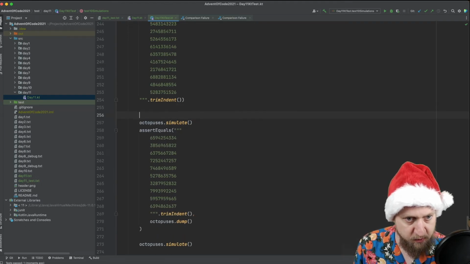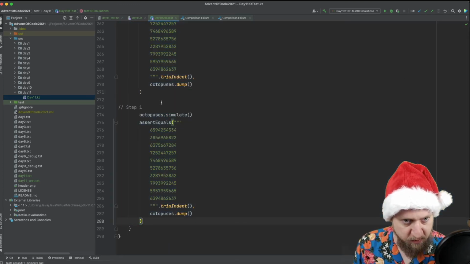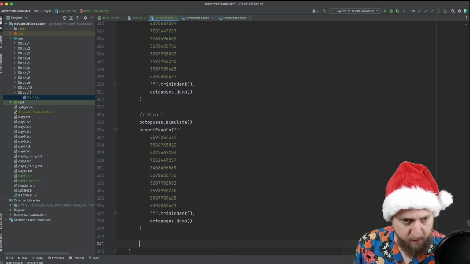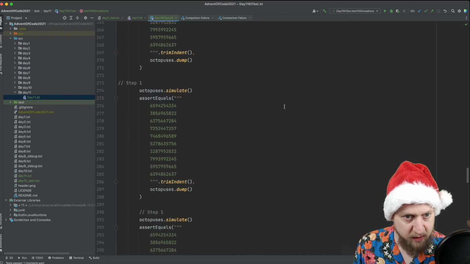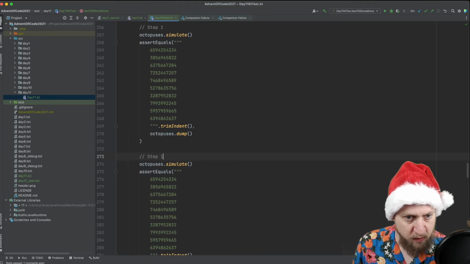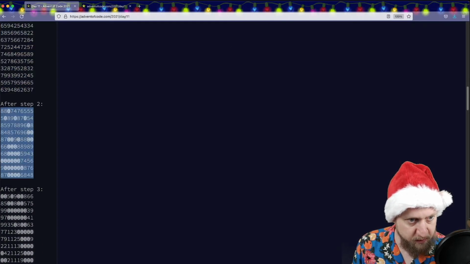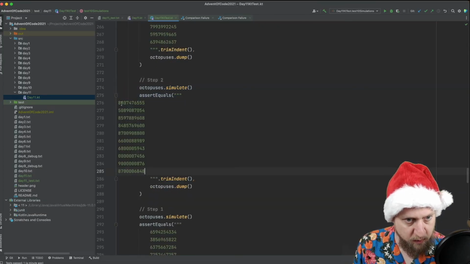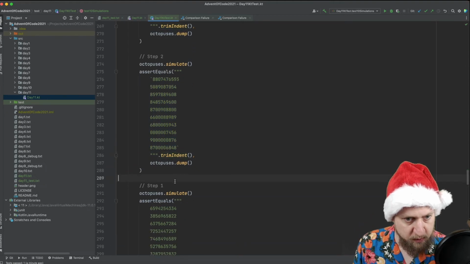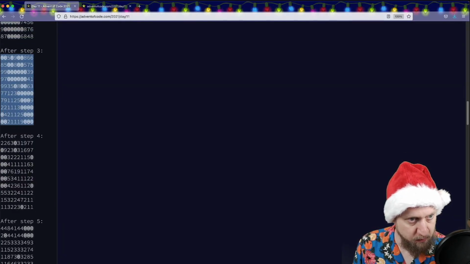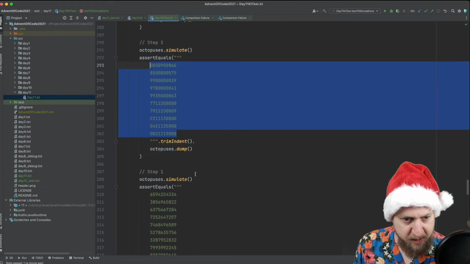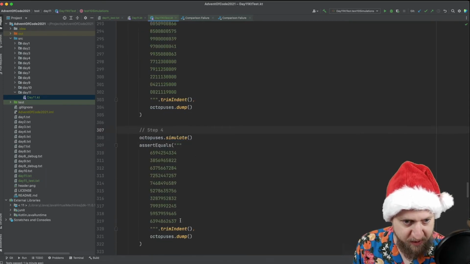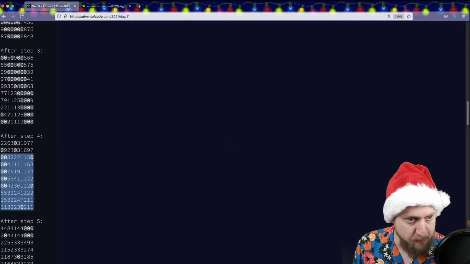Let's also name those step 1, just so that we can still see where we are. Step 2. Copy, copy, copy, copy, copy. Let's see, and this is step 1. And step 2 should look like this. Then we have step 3, like this. This is now maybe optional. We could just simulate the actual code and see if we get the right value